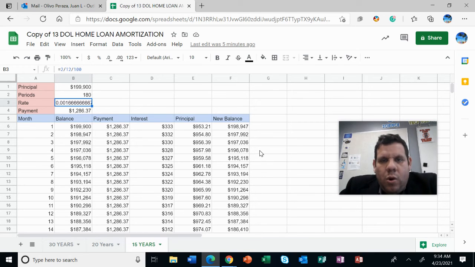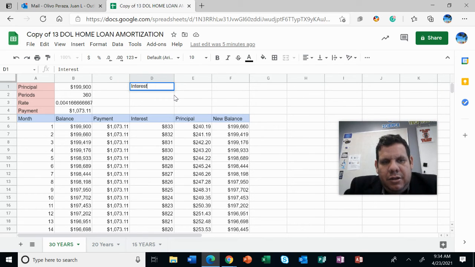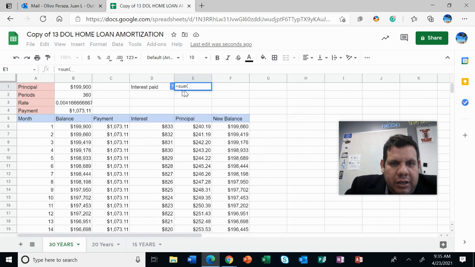Okay. And what can we do with this? Okay, so if I ask you to analyze this and let me know what is happening, how do you get the information? Okay, so if I ask you for the interest that you paid, you can write something like this: interest paid, and you can state a formula which is sum, and then you will select the first